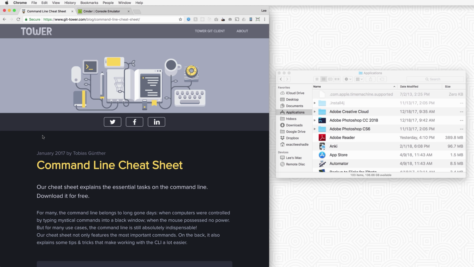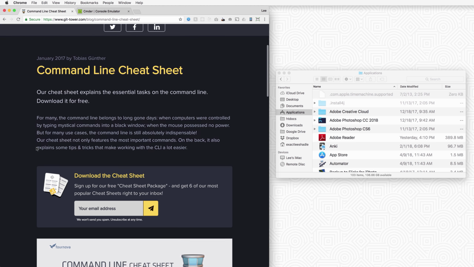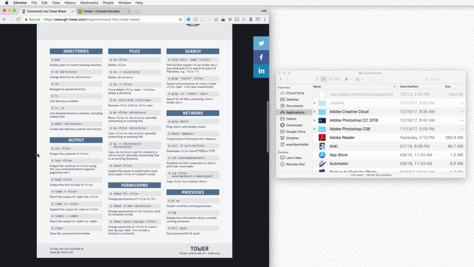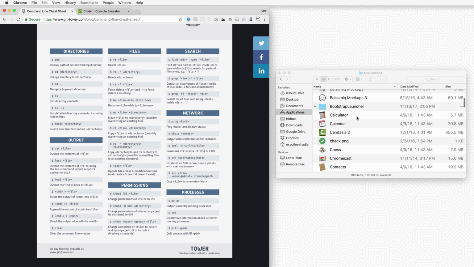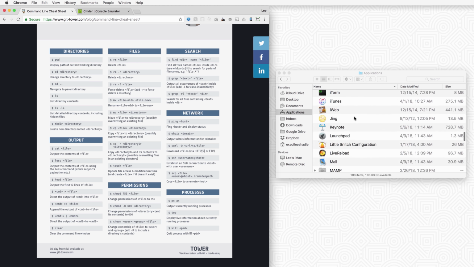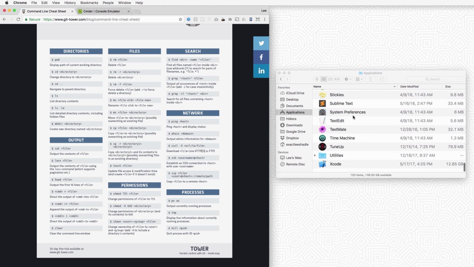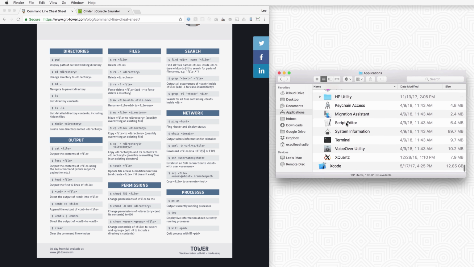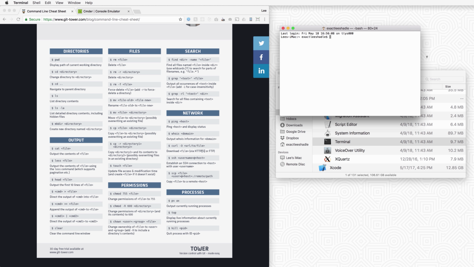But whenever I run into something that I want to do with the command line, I always come over to this cheat sheet, and it is a great one-stop shop for all the different things you can do with it. Honestly, I would just try typing in each of these things once you have it installed. So if you're on a Mac, you're going to want to go to your applications and then go to utilities, all the way at the bottom. And then in utilities, you'll have something called terminal. And that gives you access